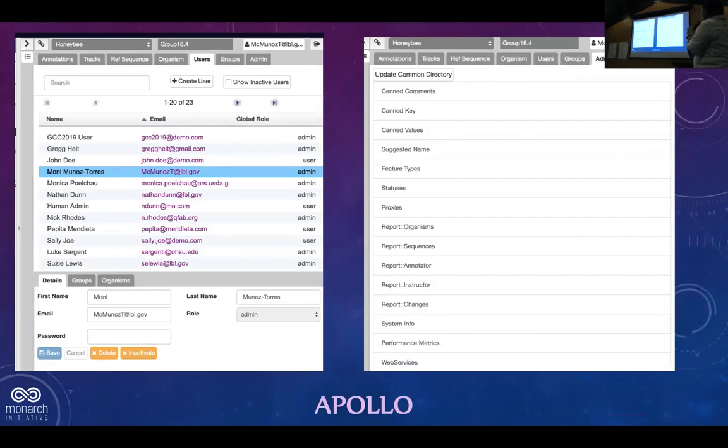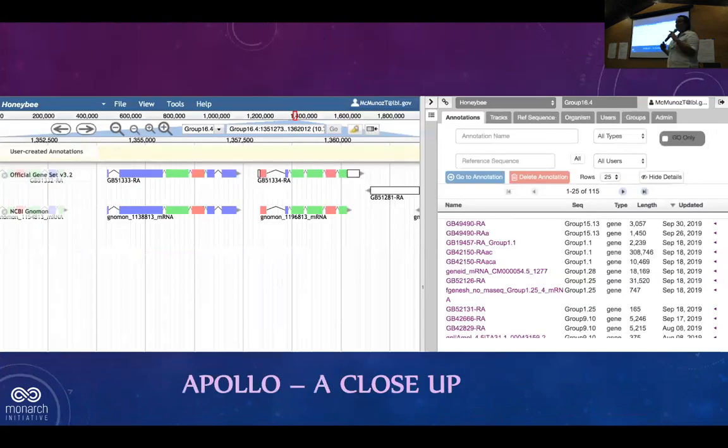And we also have the ability to review what the sequences are and to modify the information that we make available to you during the creation process. There's a lot more information in the weeds that I could be sharing, but I think I am going to save that for when we're actually sitting down with our computers and looking at the instance so that it actually sticks a bit more. So this is just the close-up of what that gene browser looked like once